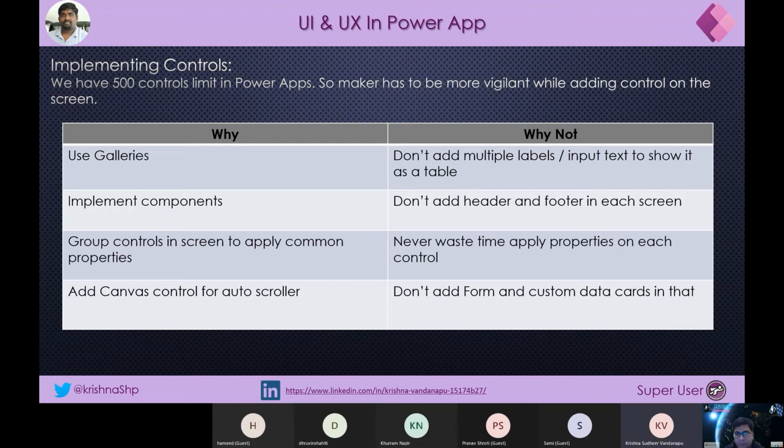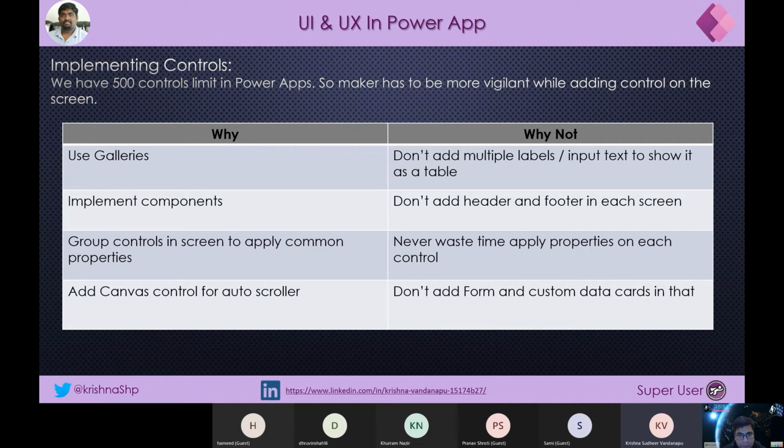Okay, so having said that, here are a few things we have to take care of while we are creating the app. One of them is that we should use galleries rather than implementing multiple labels or text boxes as part of a table. The usual tendency is that when we are creating a table, we end up creating that many labels to show the data.